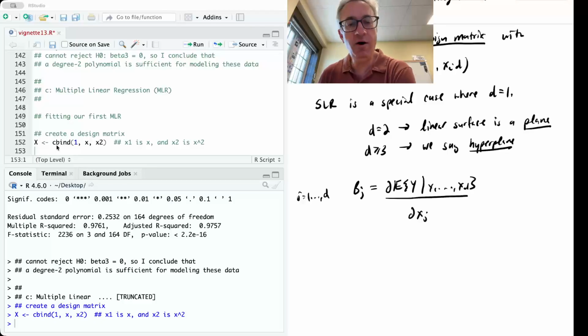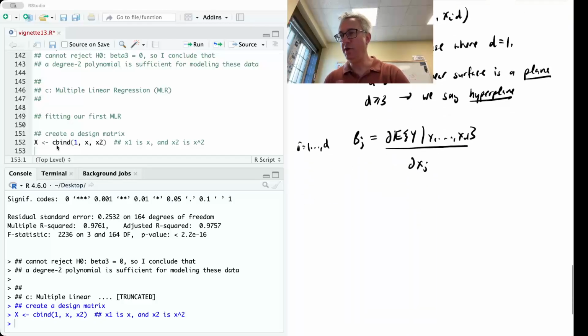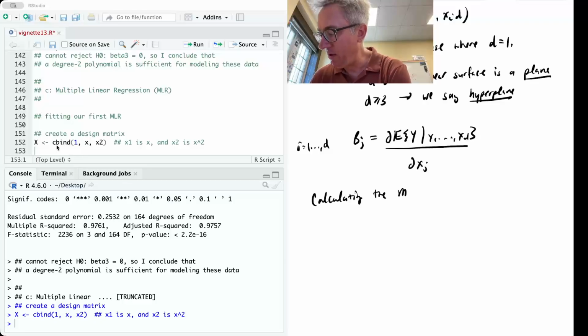So holding all of the other variables constant, this slope beta j is the average change in y per unit change in xj. So that's how we interpret that. I know what you really want to know is, how do you estimate that? So calculating the MLE, which is our automatic way of estimating parameters,